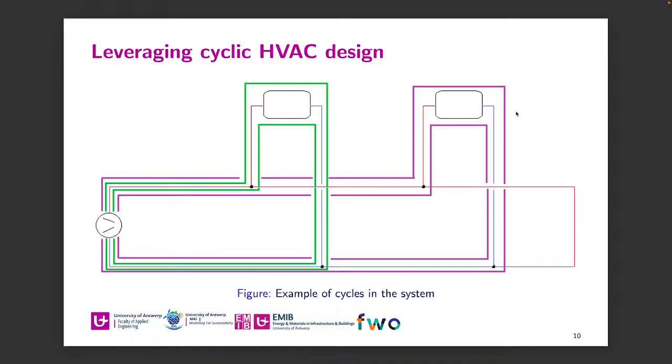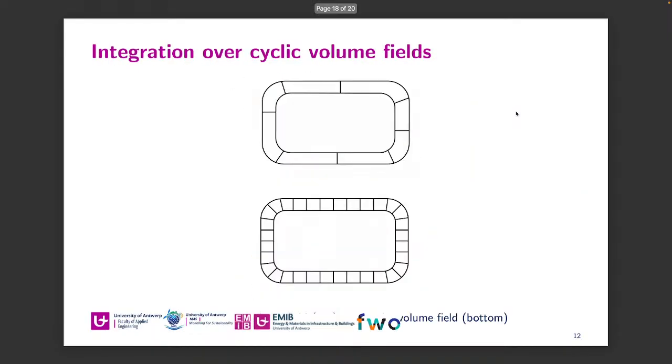So that way, all the splits and mergers are automatically correctly calculated. But then the last challenge was the following, namely, if we take a cycle, let's say this is one of the cycles that I just showed, then the volumes in that cycle will all be of different size because the pipes are divided into different volumes, the radiator has a different volume, so it's an irregular volume field.